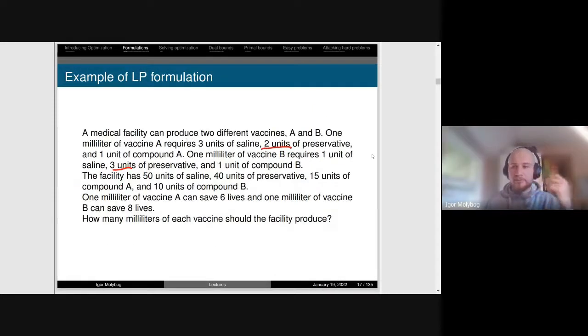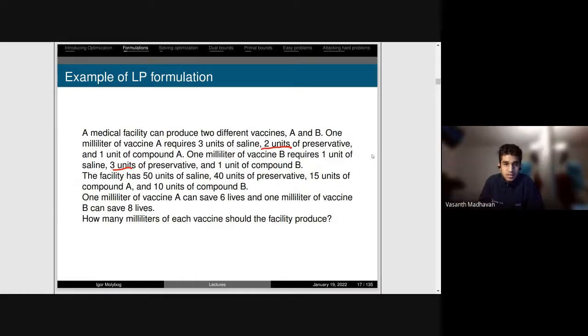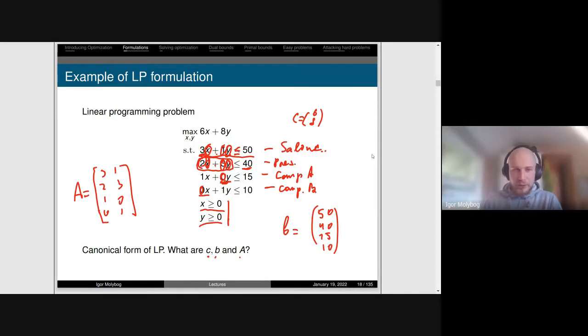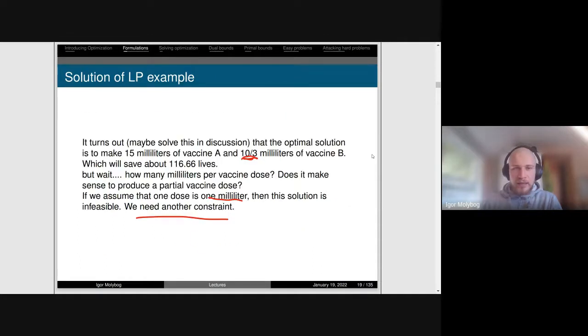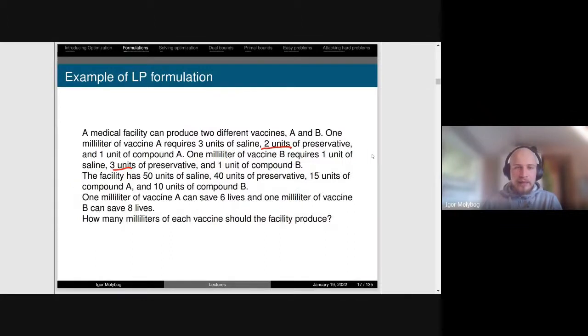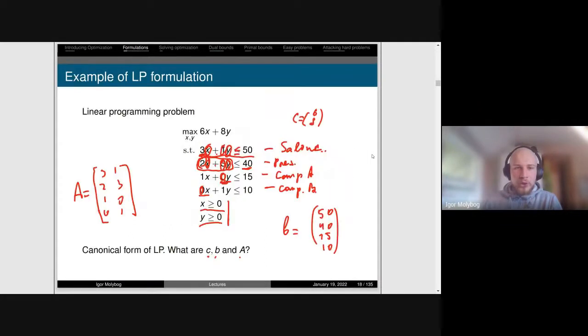Yeah, I had one question. Sure. So we know that vaccine A can save 6 lives with 1 milliliter. So let's say we make the assumption that a dose is 1/6 of a milliliter. How could you represent that in a formulation? Yeah, that's a good question. So first of all, if you have that assumption, then you would need to say that you have